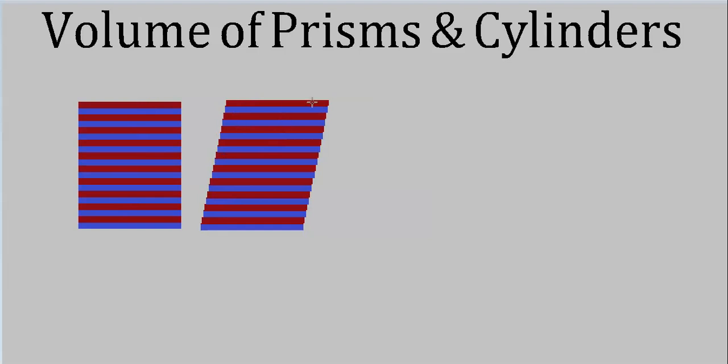The only difference is you've staggered each one off to the right a little bit so they don't stack up straight. But the fact that they don't stack up straight doesn't mean that they're going to change the volume any. After all, you got the same number of DVD cases either way. And as you can see here, the height is exactly the same for each one. The fact that you stagger them off to the right, it really doesn't matter.